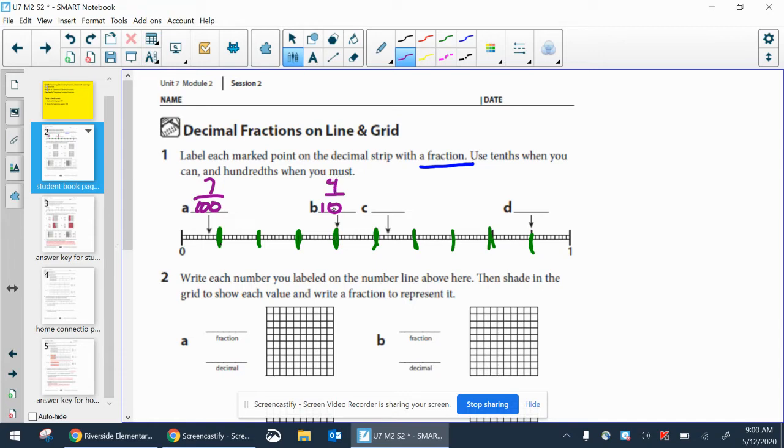You could also write this as 40 hundredths. They would be equivalent, and that would be a correct answer as well. But we're also trying to practice with tenths and hundredths. So here we have our 7 hundredths. Here we have our 4 tenths. I'll stop there for problem 1 and let you use these as an example and figure out C and D